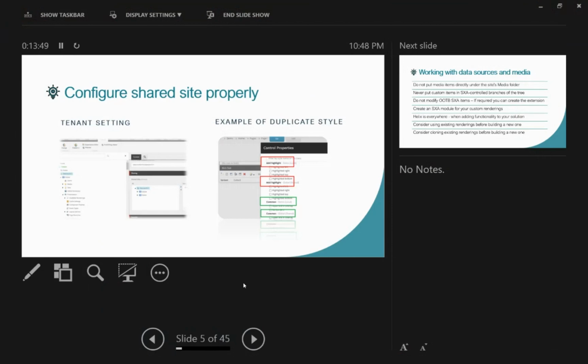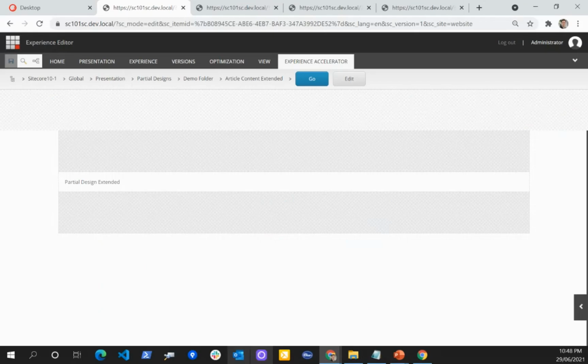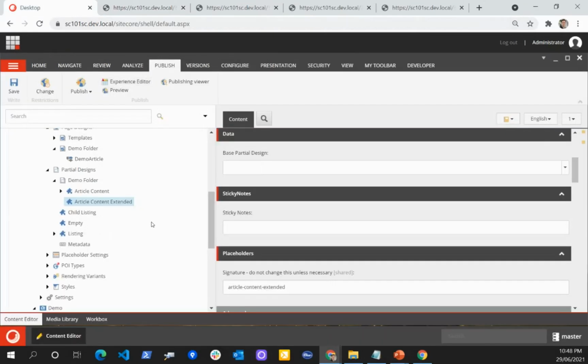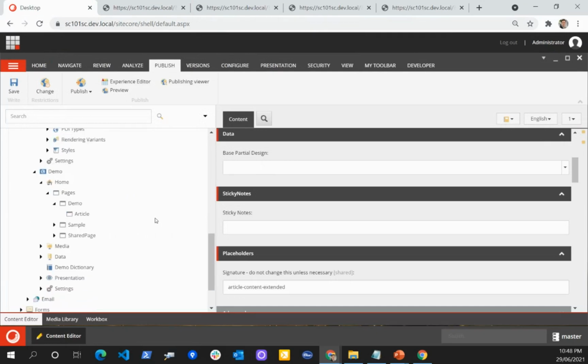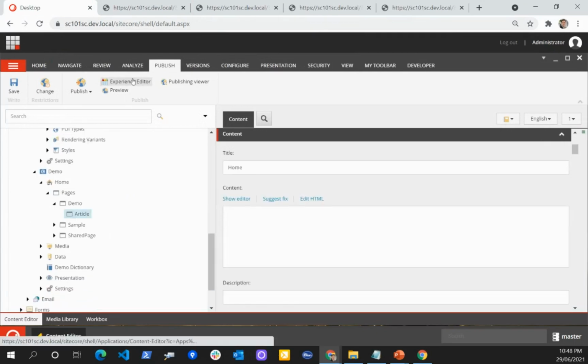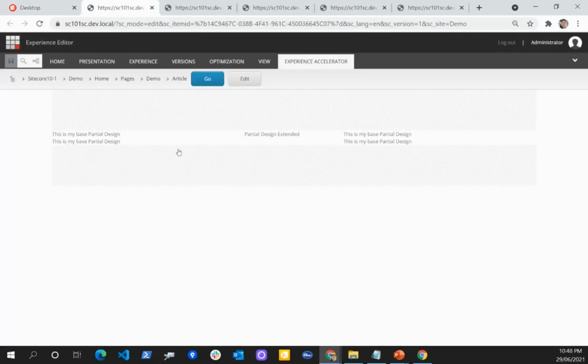And when we configure the shared site, let's say, because we have just configured now, we need to make sure that when we go into the page, let's say on this article, if I open this page, this is my base partial design, this is my base, this is extended.